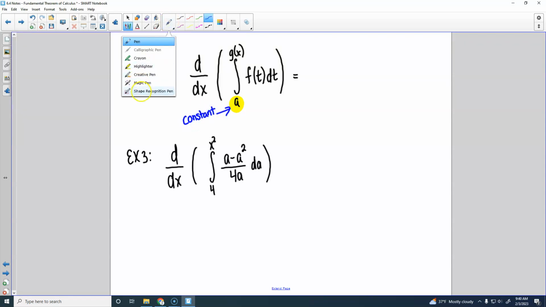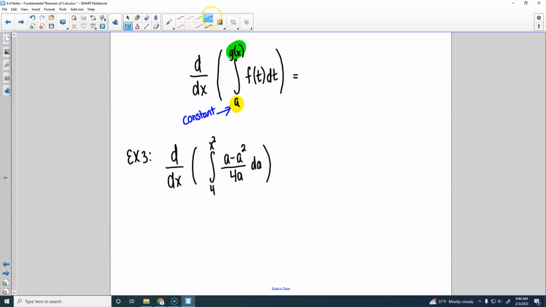But this time, right here, instead of just having x, we have g of x. Which means that we could have something like x squared, or x plus 2, or 5x minus 7, or e to the x. We've got some expression that's more than just an x. Or technically, I guess it could just be the x. It will still work.